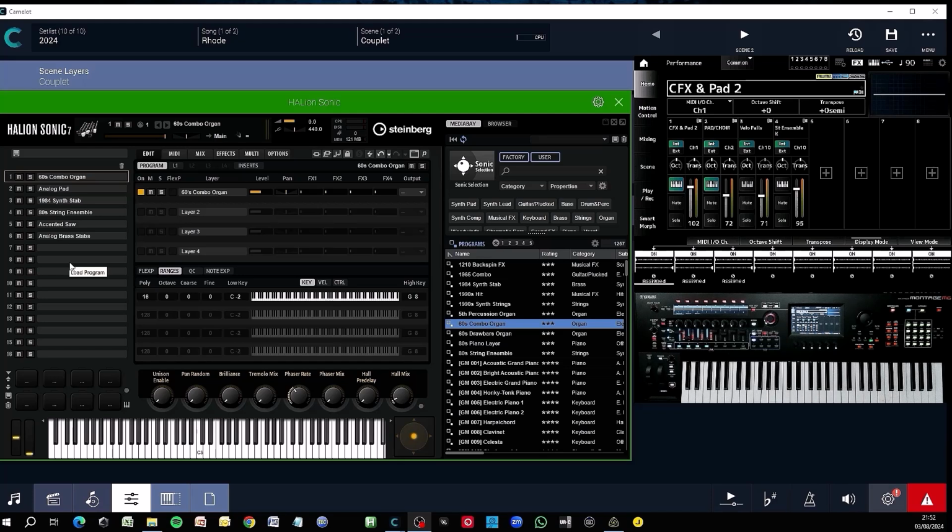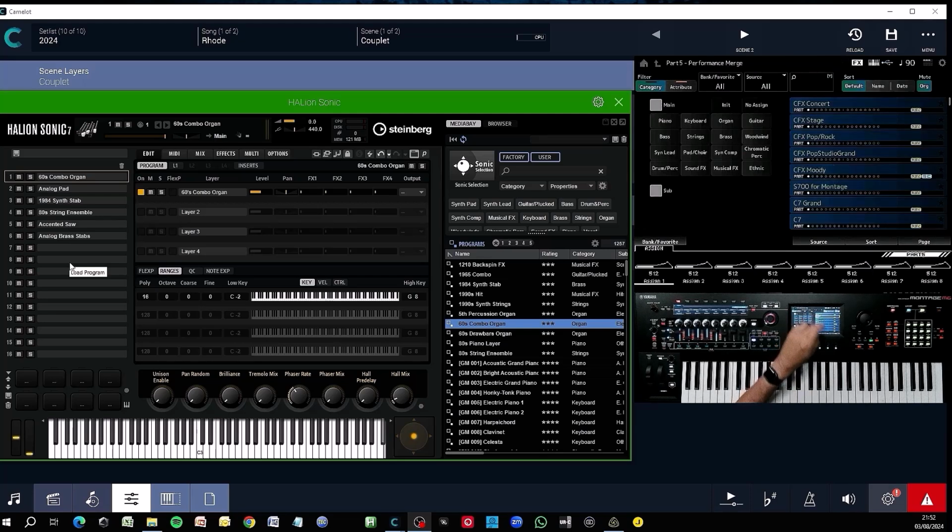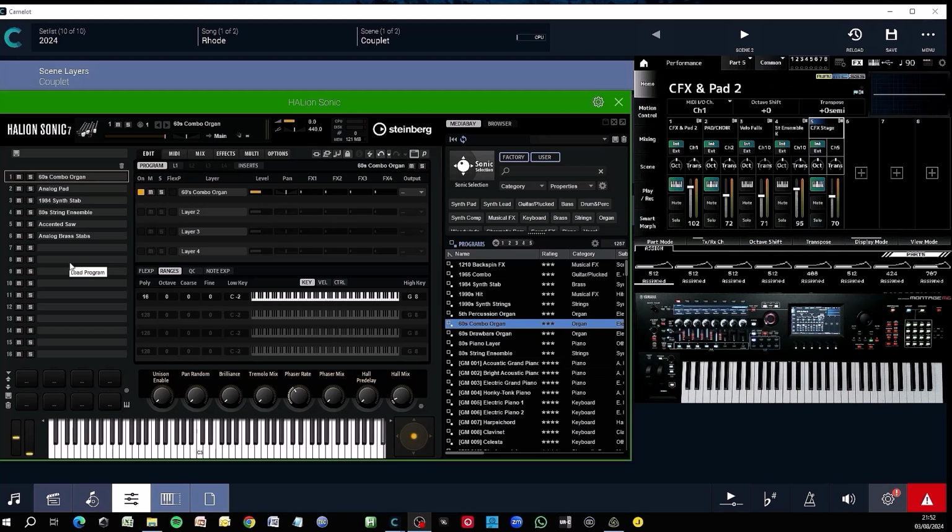How do I control one of these HALion Sonic parts? I'm going to add a part, any part, I don't care, I'll take the first one that comes along. It's not important. And this part, take a good look at it, double-click quickly, it switches to what we call external. You see the color has changed, blue, which means it's going to play something external. You can also see, I hope, that the color is slightly bluer too on the button of your Yamaha Montage M, to let you know this part is external.